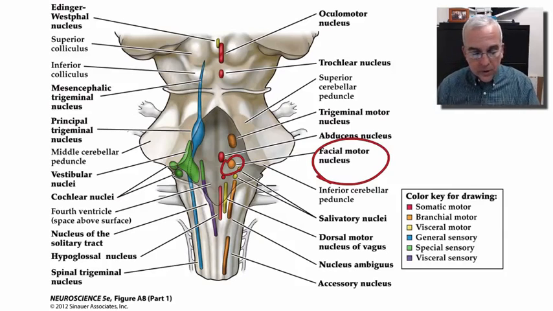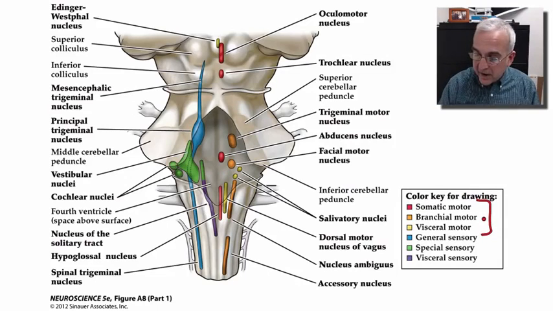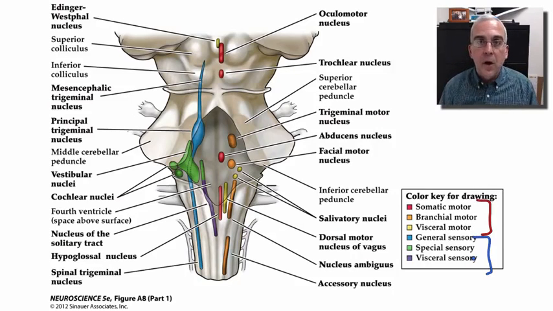Now in this figure, we notice that there are subdivisions of our color code where the various shades of red are indicating our different kinds of motor nuclei, and the shades of blue are indicating the sensory nuclei. And what these terms refer to are the embryological origins of the tissues that are connected up with these nuclei in the brainstem. So there are muscles that are derived from the embryological somites. So we call the axons that connect to those muscles somatic motor axons, and the nuclei that grew those axons,